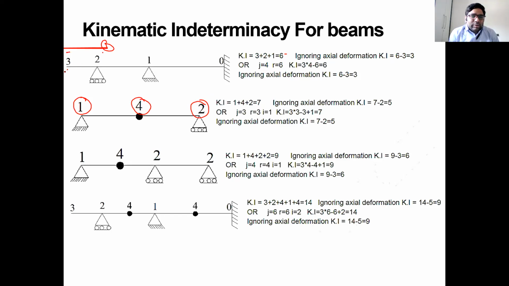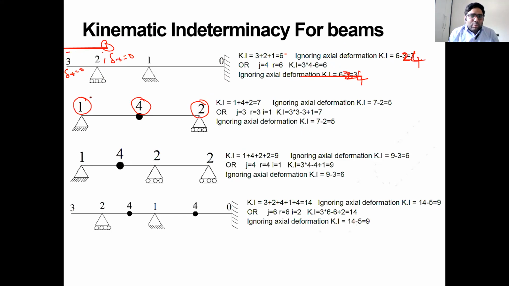See, actually, here one axial delta x is equal to 0, and here also delta x is equal to 0. I have already shown that to you in the table that I showed before. The table is very important for all of you. So ignoring axial deformation, delta x is equal to 0 here. Actually, this is 2 here, not 3. This is 2. This is 4. This is also 2, and this is 4.